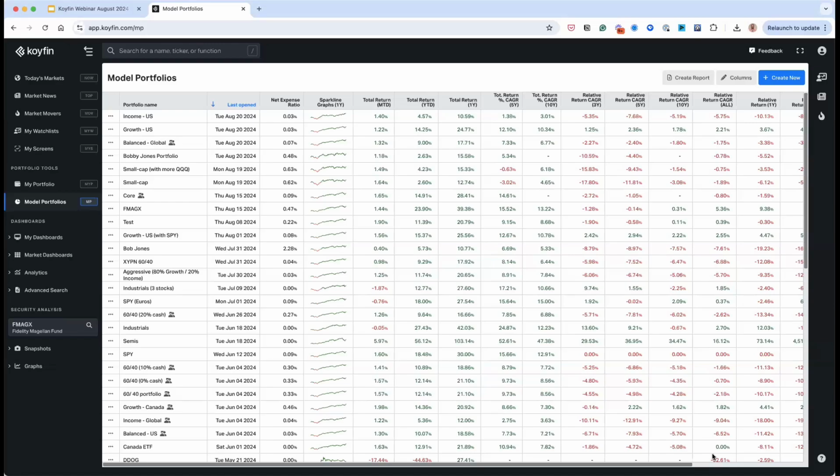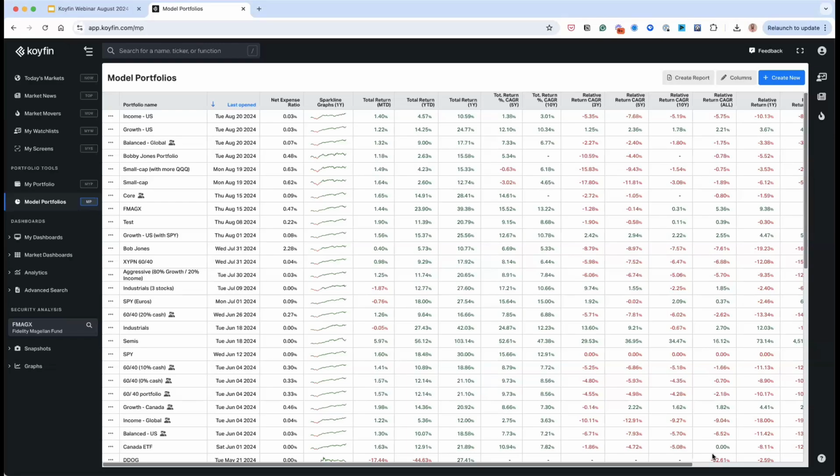And then Nancy wants to know, would it be valuable to be able to load in historical performance on a model portfolio? Interesting. So Nancy, if you could give us more context by emailing us, rob@koyfin.com or help@koyfin.com. The way we envision